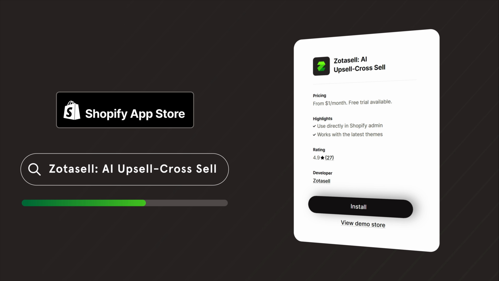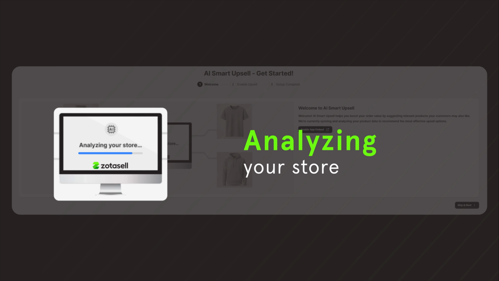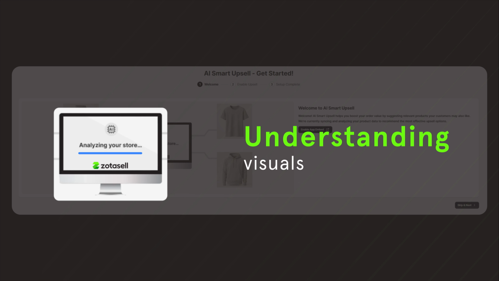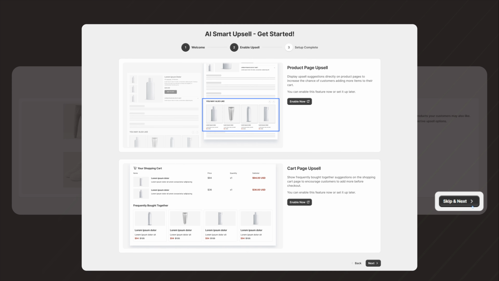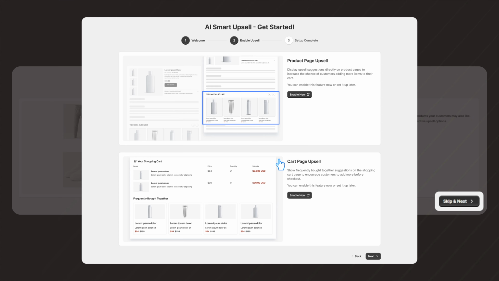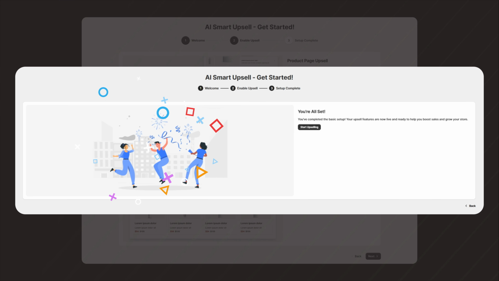Click Install, and you're ready to go. Zotasell starts analyzing your store right away, syncing product data, understanding visuals, and preparing personalized upsell logic. If it's your first time installing, you'll be guided through a quick onboarding. Just follow the steps to enable app embed and activate upsell widgets, or skip the enable upsell steps and explore